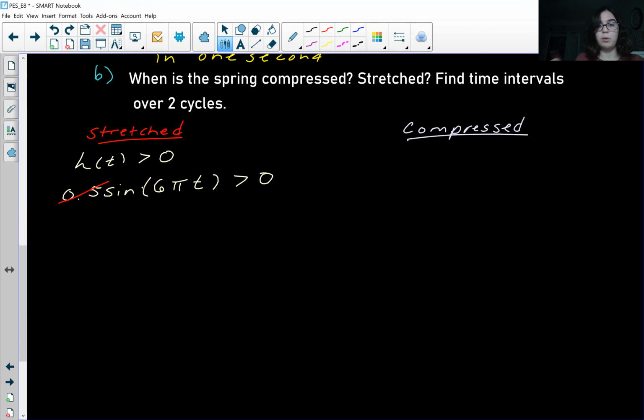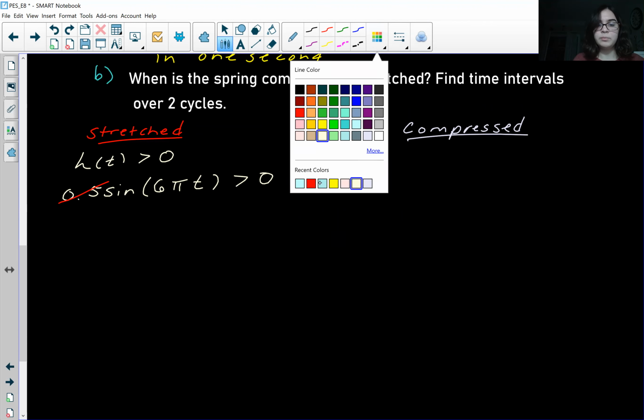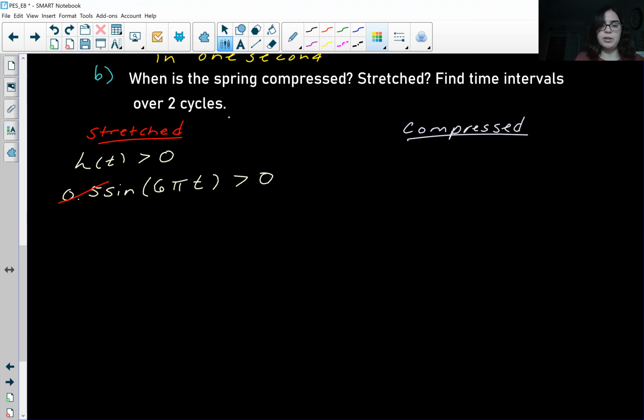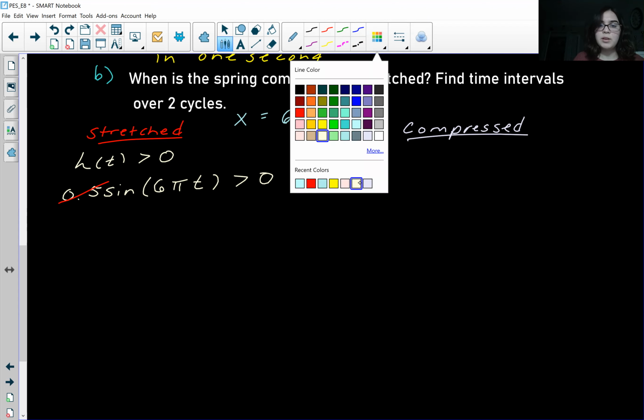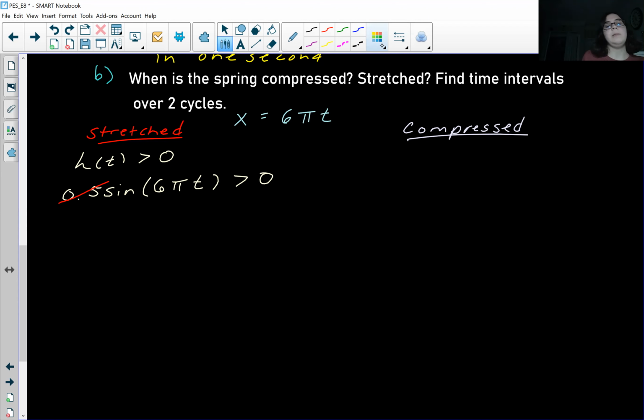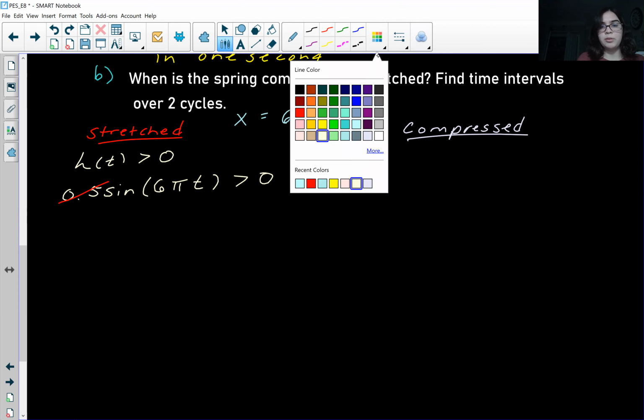At this point, it looks pretty complicated, but there is a way to solve it. So let's make our lives easier and say that x, some variable, is equal to 6 pi t. And what that's going to allow us to do is find an interval for this inequality, and then we can substitute the t expression back in and actually solve for t. And you'll see what I mean in a second. So if x equals all of that, then that means